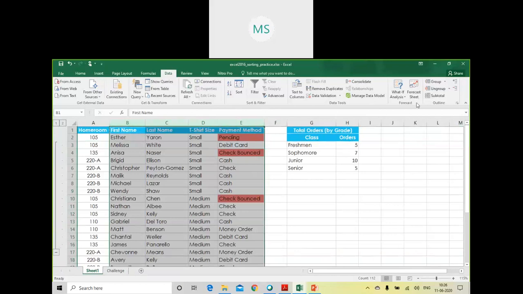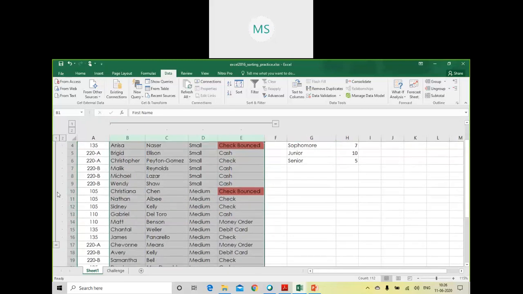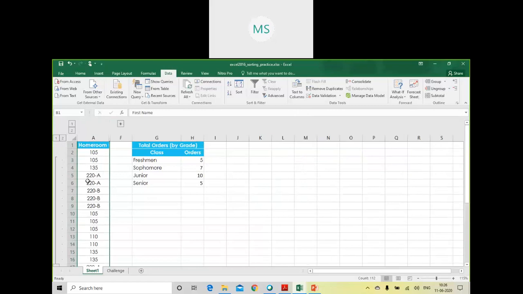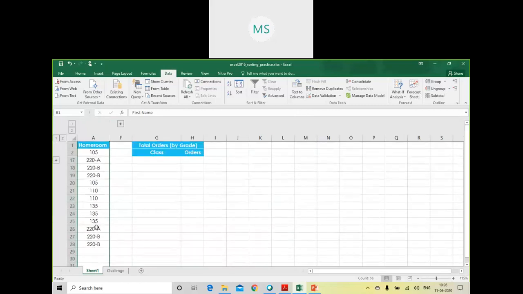Now suppose I want to make a group of these columns, I can click on it. As you can see, now here there are two groups. One is row wise, one is column wise. When I click on this, it goes like this, and when I click on this, it goes like this. So it hides both rows and columns, and only this section of the sheet is visible to me because they are not part of any other group.